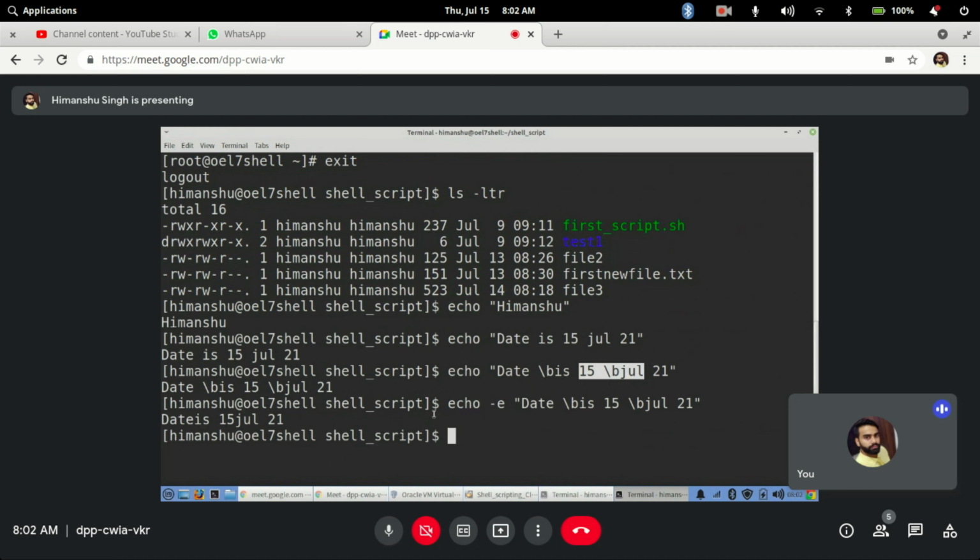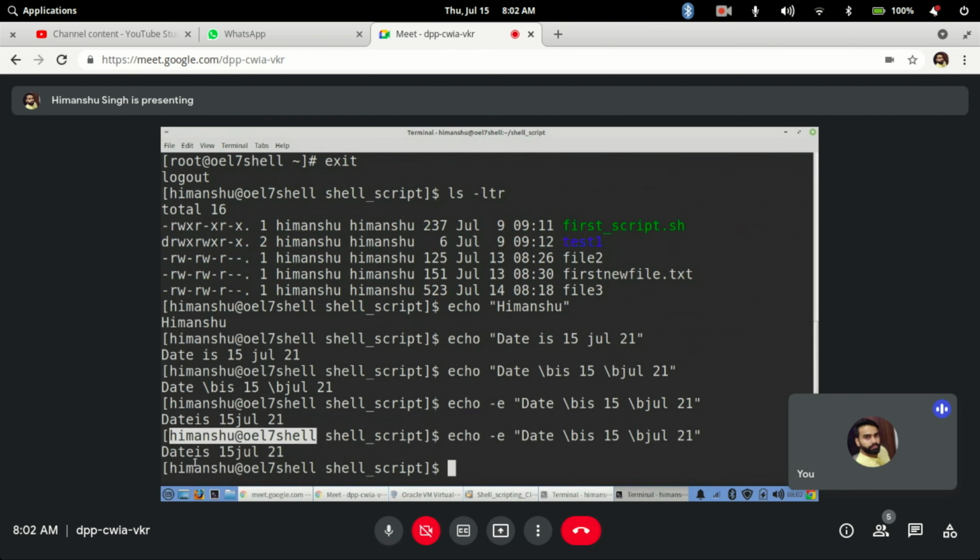Now, whenever I am printing like this, it is printing in a new line. By default, echo will print in a new line. This is my terminal and this is the new line, and again a new command prompt is shown below. Now if you want it not to show a new line, you can use \c.